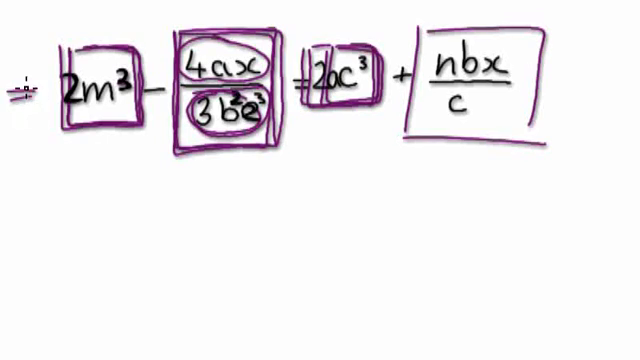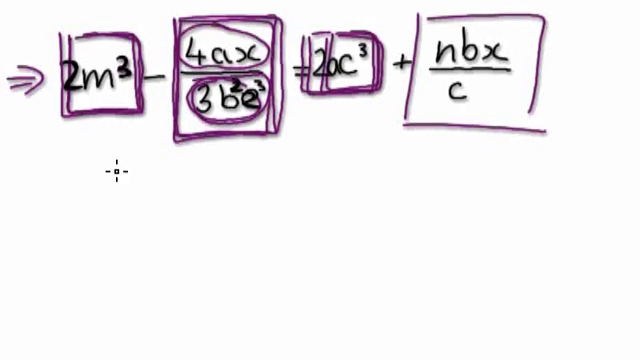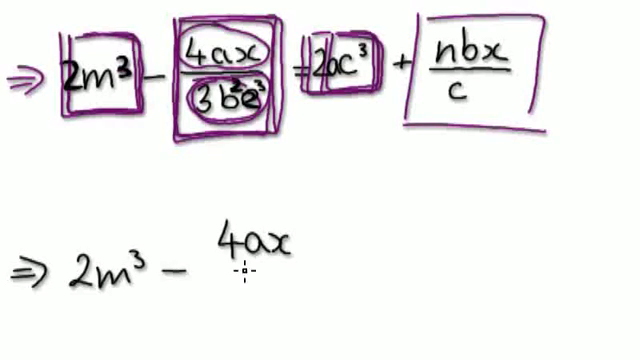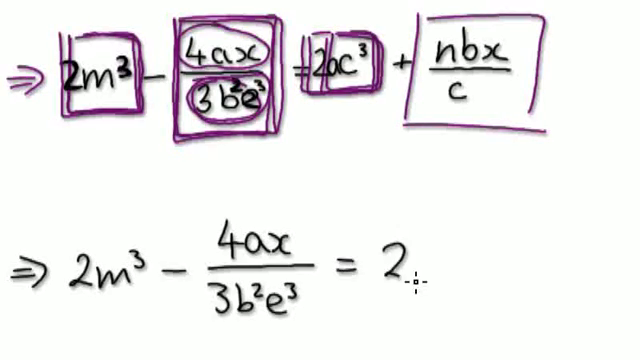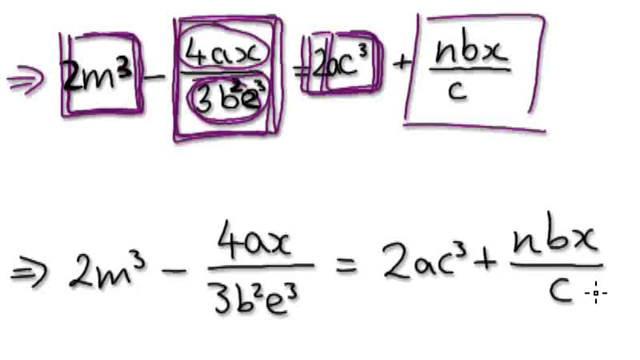So now I'm going to change. I'm going to make a complicated equation even more complicated. So let's try and solve this one here. 2m to the power of 3 take away 4ax over 3b squared e to the power of 3 equals 2ac to the power of 3 plus nbx over c. Okay, let's try and do this one just to make a point that even if it looks